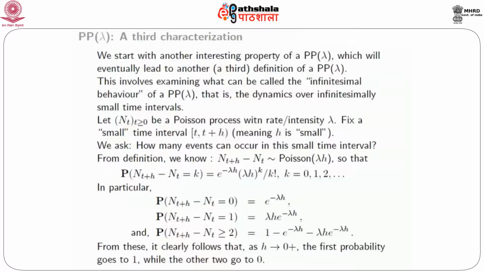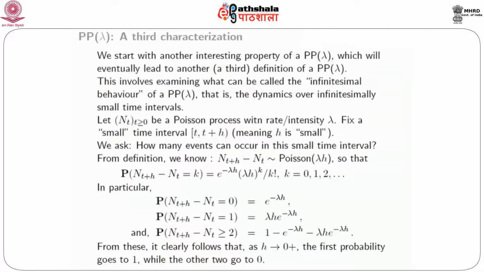From these expressions it's clear that as h goes to 0 plus, that is, h decreases to 0, the first probability e to the minus lambda h, we all know, goes to 1, whereas the other two probabilities clearly go to 0. Lambda h into e to the minus lambda h goes to 0 because e to the minus lambda h goes to 1, and then the factor lambda h makes this whole thing go to 0. And as far as the third expression is concerned, 1 minus e to the minus lambda h goes to 0, lambda h e to the minus lambda h goes to 0, so this last probability also goes to 0. But that's only